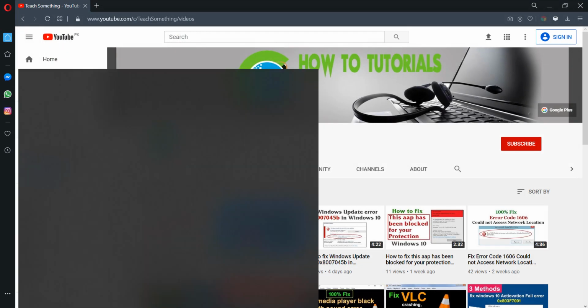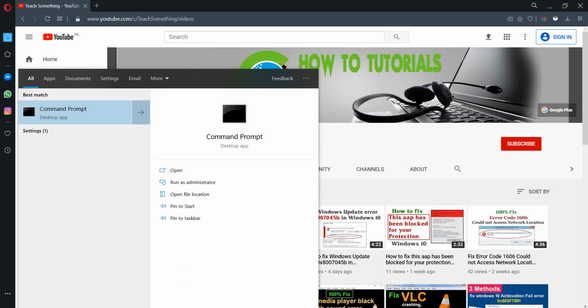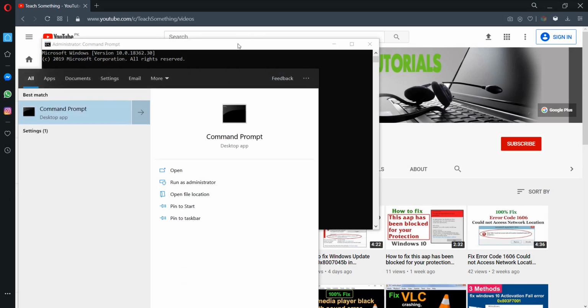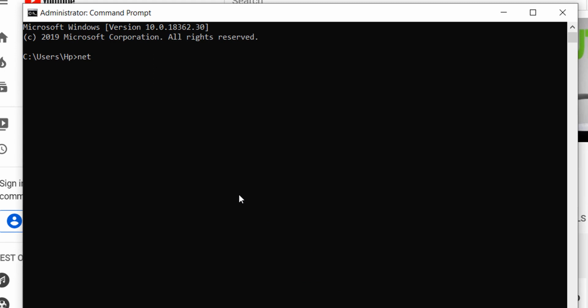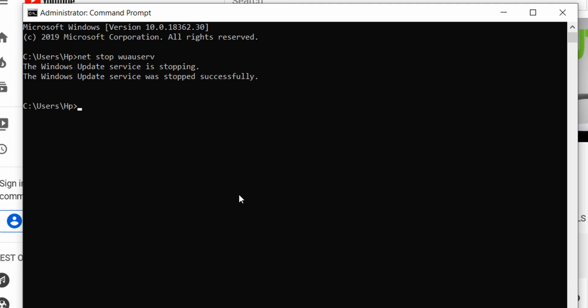secondly you can go to your search box and type CMD. Right click and click on Run as administrator. After opening it, first of all you can type the command net stop WUAUSERV. After that press enter. After doing this step, once again type